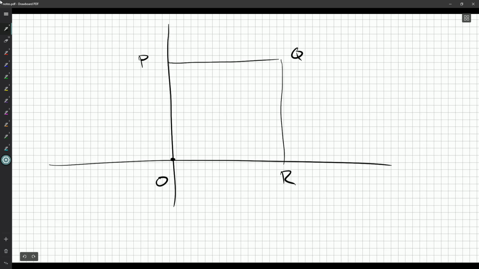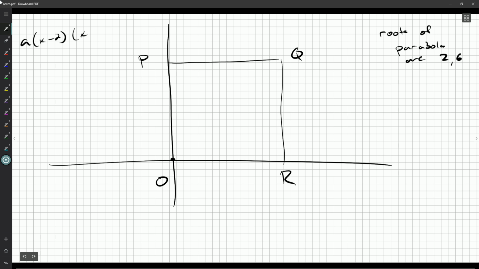Okay. So I would probably start by saying the roots of the parabola are 2 and 6, because they do give us the equation. Not that hard to pick out the roots here. Now, this means, so the parabolas are always sort of symmetric